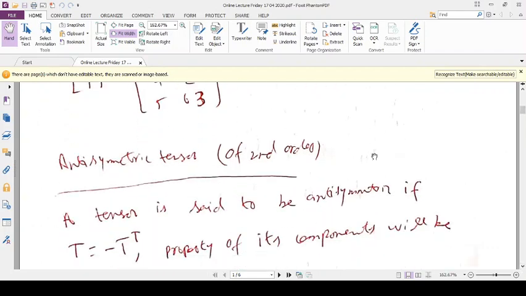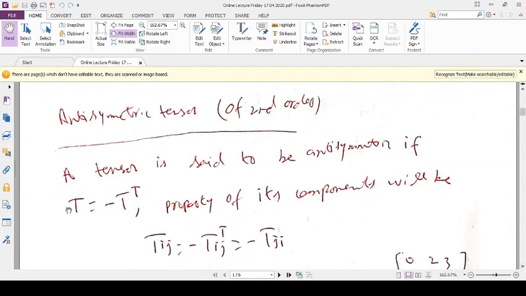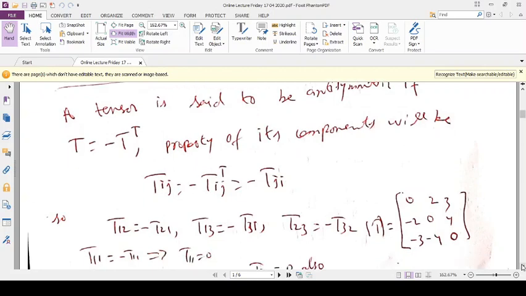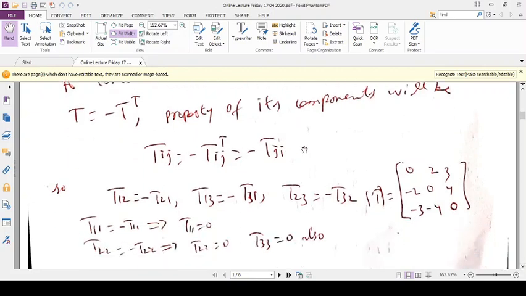Now for an antisymmetric tensor, a tensor is said to be antisymmetric if we have this property: T is equal to minus the transpose of T, and the property of its components will be Tij equals minus Tij transpose, this will be minus Tji. So the property is Tij equals minus Tji. So T12 equals minus T21, T13 equals minus T31, similarly T23